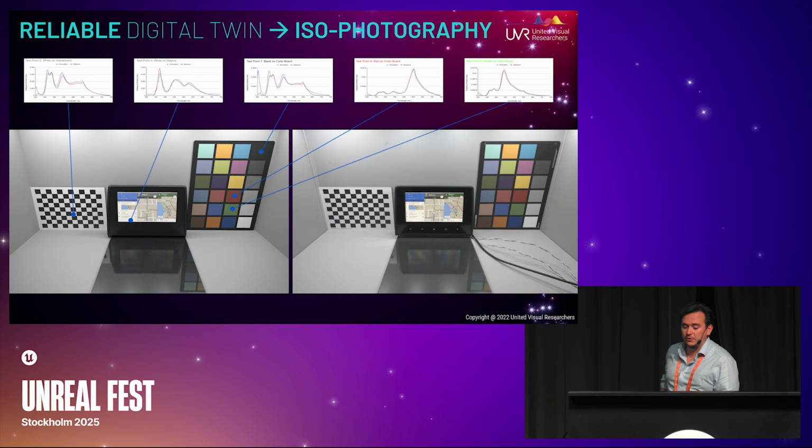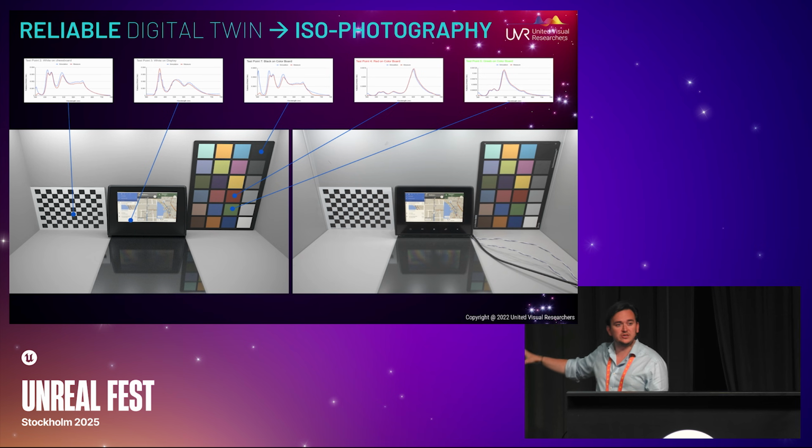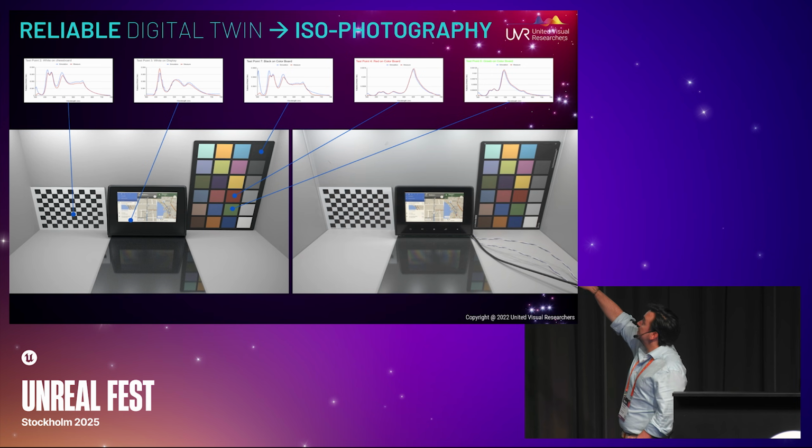Studying the spectrum also enables you to see where you might have some actual defects, where you might have some flaws in your measurement process, or where you might have some flaws in your digital process. For example, on the photograph that you see on the right, you can see that there's a slight rainbow effect from the reflection of the display. This rainbow effect is mainly due to the polarization of the display and how it reflects on the plaque on the ground. And on the simulation, you can see this rainbow effect, but it's less present. It's less accurate. But when we look at a pixel coming from the display, you can see that the simulation